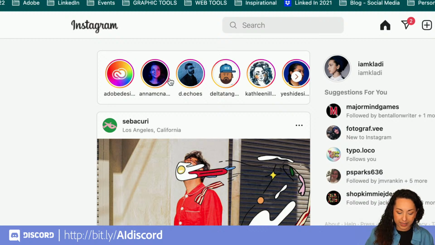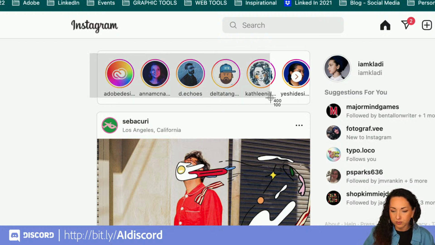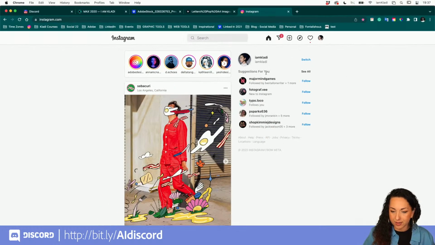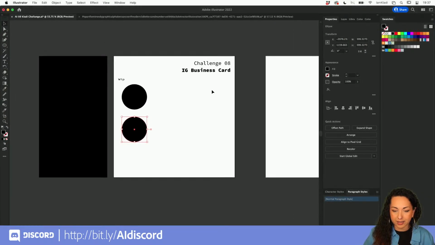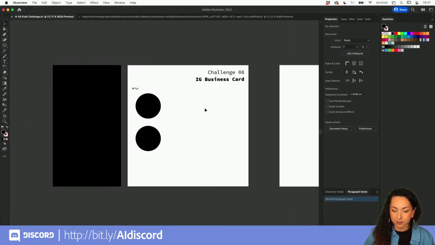So I'm just going to go ahead and take a screenshot of this so we can all have a look. And I'm going to take a screenshot of everybody here that is on my feed, so we can use that as a reference when we create our own card. I'm going to zoom out, and then head back into my little artboard